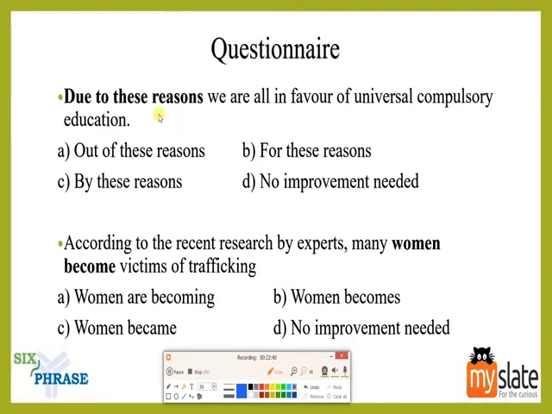Okay, so what are all the options they have given? Out of these reasons. What do you mean by out of these reasons? They are listing reasons, and out of these reasons does not work. By these reasons, no. Because of these reasons is possible. By these reasons, no, it does not work. No improvement needed actually fits. That is, due to these reasons, possible. I don't seem to think there are any errors here, but